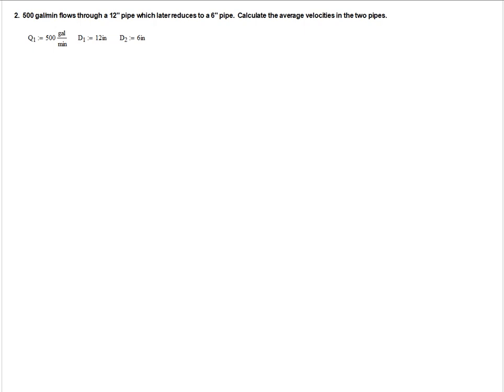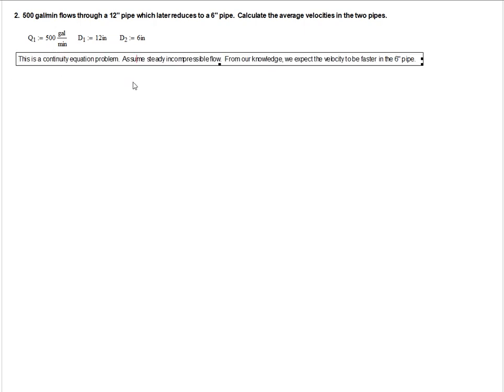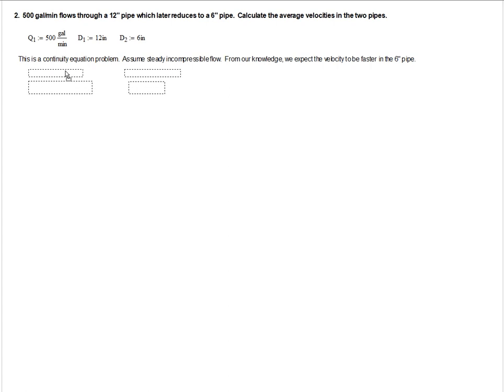And what you should realize after looking at this for a little bit is that this is a problem using the continuity equation, or at least part of it. We are assuming steady incompressible flow, and from our knowledge we can also expect the velocity to be faster in the 6-inch pipe, and that comes from this equation